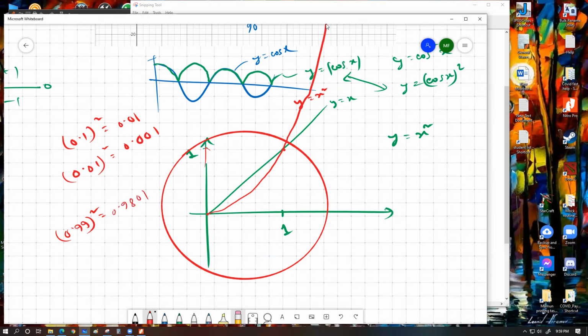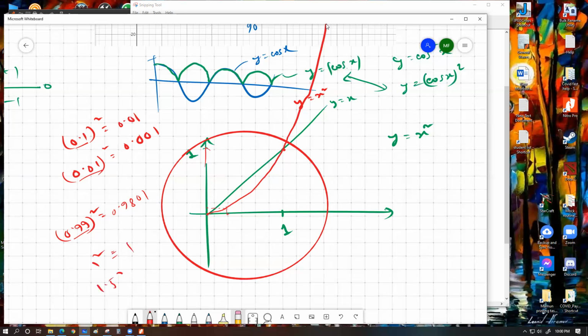দেখানোর চেষ্টা করতেছি যে 1 এর থেকে ছোট নাম্বারগুলোকে যখন আমরা স্কয়ার করব, নাম্বারটা যত ছোট হবে স্কয়ারের ভ্যালু তত ছোট হবে। তার মানে হচ্ছে when it is 0, it is also 0, but as you are slowly increasing the value of x within 1, your y value would be the square of that small number. So এটার স্কয়ার ভ্যালু এটার থেকে ছোট হবে। 0.1 এর স্কয়ার ভ্যালু 0.1 এর থেকে ছোট, 0.01 এর স্কয়ার ভ্যালু 0.01 এর থেকেও ছোট, 0.99 এর স্কয়ার ভ্যালু 0.99 এর থেকে ছোট, বাট 1 এর স্কয়ার ভ্যালু কত? পারফেক্টলি 1।